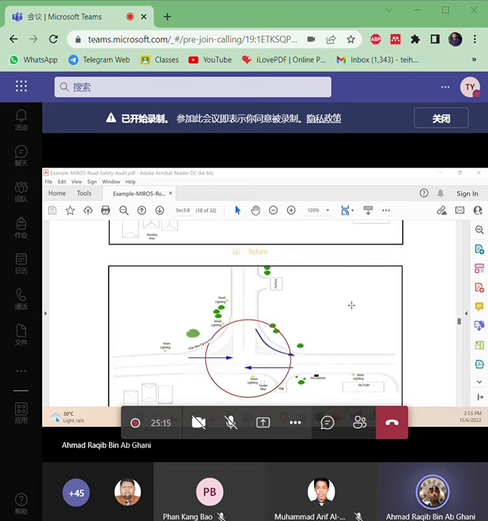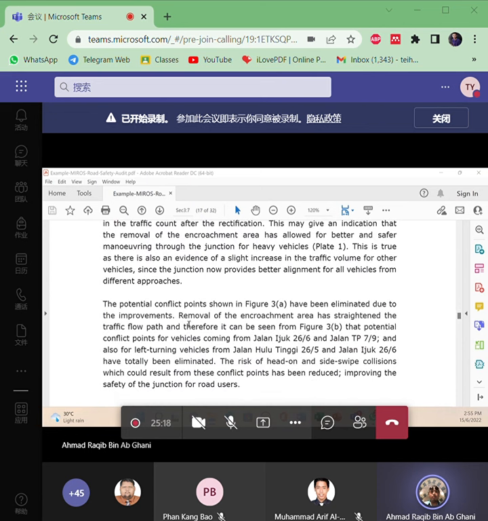Removal of the encroachment area has straightened the traffic flow path, and therefore it can be seen from figure 3B that potential conflict points for vehicles coming from Jalan Ijo and Jalan TP 7.9, and also for left-turning vehicles from Jalan Ulu Tinggi and Jalan Ijo, have totally been eliminated. The risk of head-on and side swipe